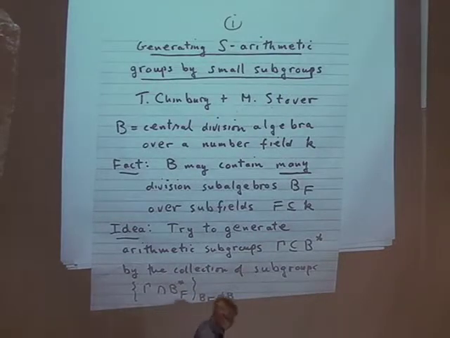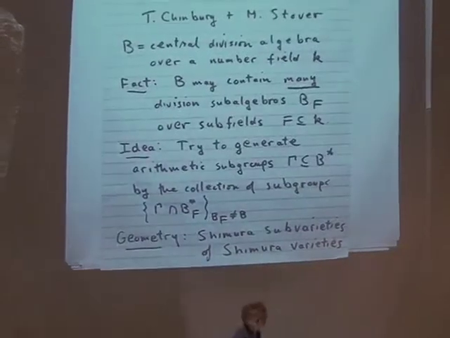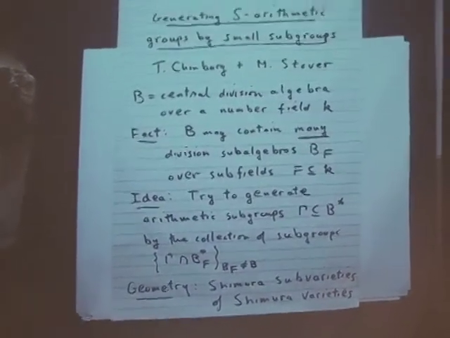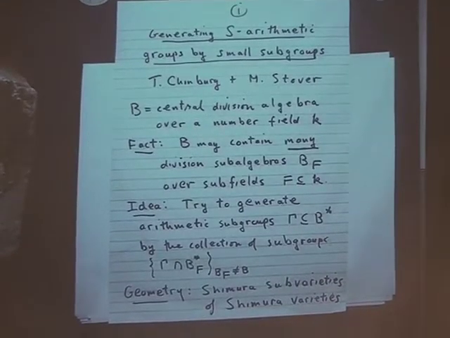So one way to say that some elements would be small is to say that they come from units in subdivision algebras over smaller number fields. That's a different sense of smallness than height. So the idea I want to talk about today is to say, if I take an arithmetic subgroup, and I'm going to remind you what kind of groups I'm talking about, inside the multiplicative group of the division algebra B,